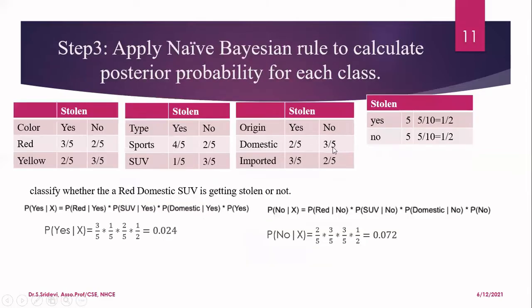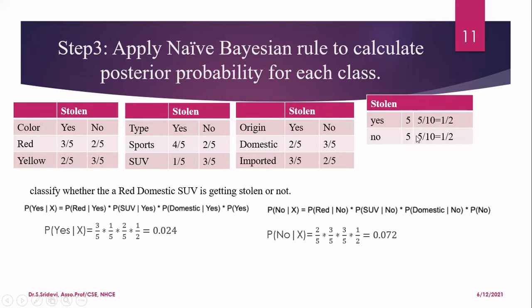So now I am going to find out this table with the help of that only. S is appearing 5 times and no is appearing 5 times in my target class. So again, you find out the probability of this. Totally, we have 10 samples. Out of the 10 samples, S is appearing 5 times. So the probability of getting S is 5 by 10, that is nothing but 1 by 2.